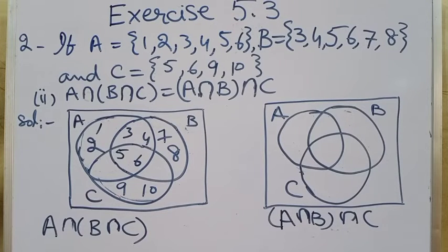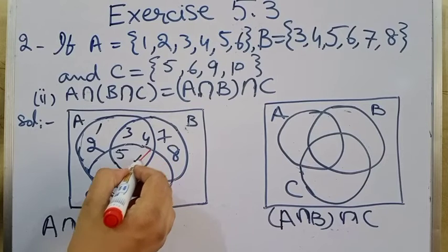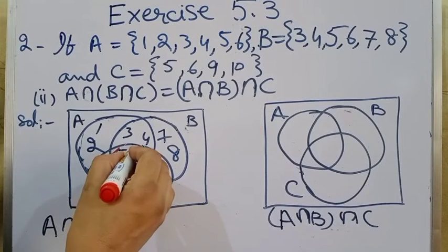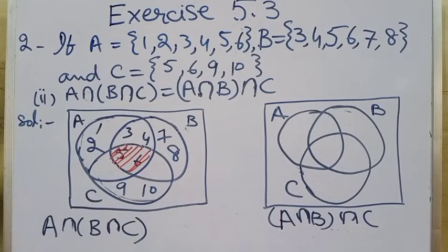A intersection B intersection C, A intersection B, B intersection C. First we have to find B intersection C. B intersection C has elements only, this is set B and this is set C, and these have only these two elements in common. We shade them with red color. This is B intersection C,